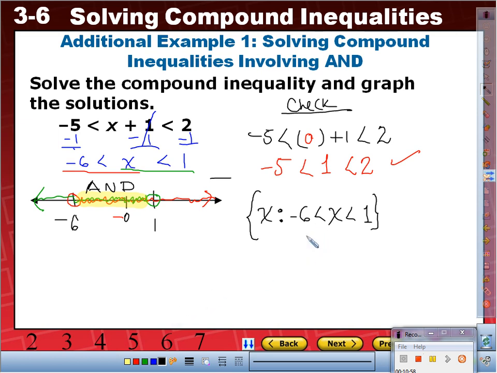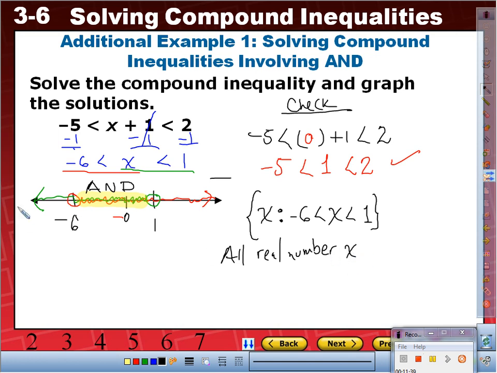Now, what does that mean in words? Here it goes. Check this out. In words, I'm going to read this graph in words. All these numbers in here, all these numbers including decimals, negative 5.9999, 0.75, 0.79999. All those numbers in here are all real numbers. Is that correct? So this could be read, all real numbers